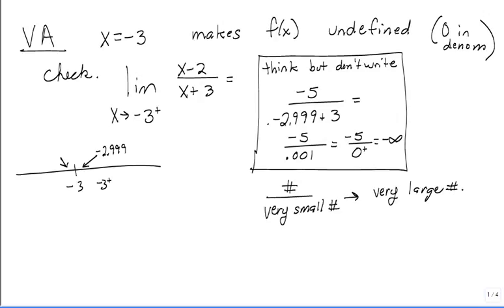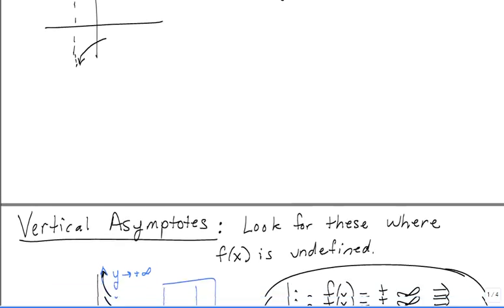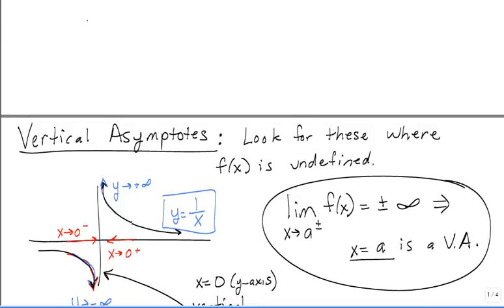And this negative sign here and that positive sign makes this negative. So the answer to this problem is negative infinity. So that is an asymptote, because here's -3, and as you're approaching it from the left, it's going to negative infinity. That's what that side looks like. Okay, now